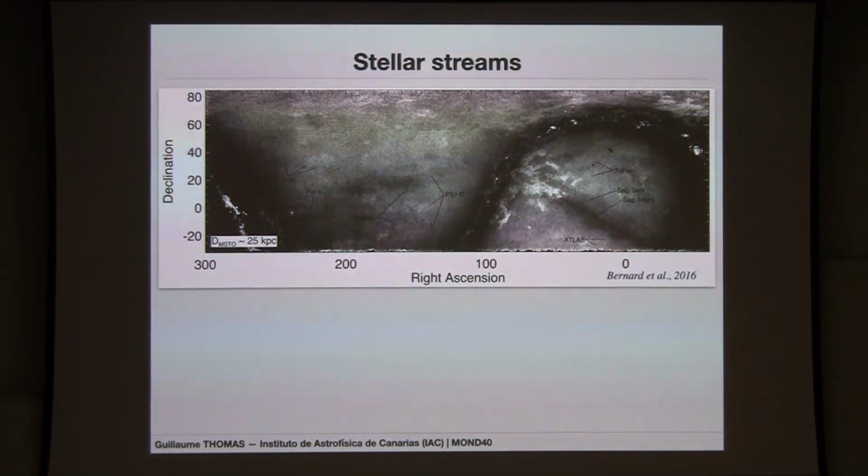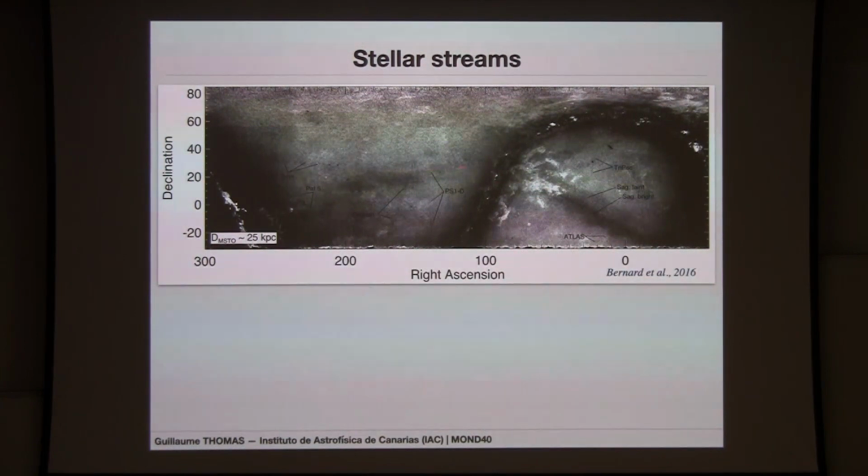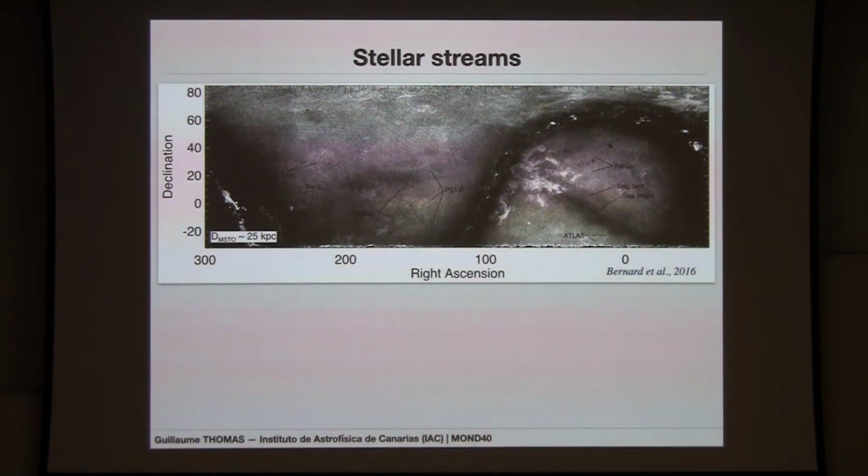So, here you have a map of the stellar streams in the Milky Way around 25 kiloparsec. And you can see really clearly here the structures made by the Sagittarius stellar stream, which is the most massive stellar stream present around the Milky Way, but it's formed by the disruption of dwarf satellites. Another thing you can see is that you have a lot of other kinds of structures that are really hard to identify, except one which is called Palomar 5, which is clearly visible.